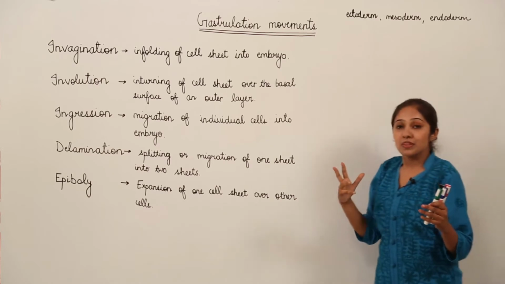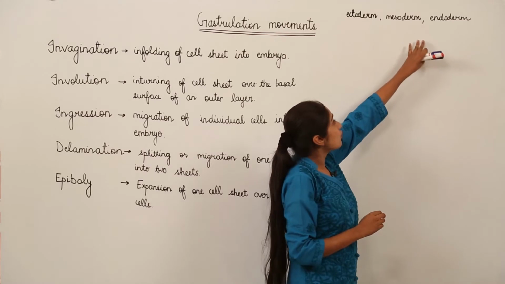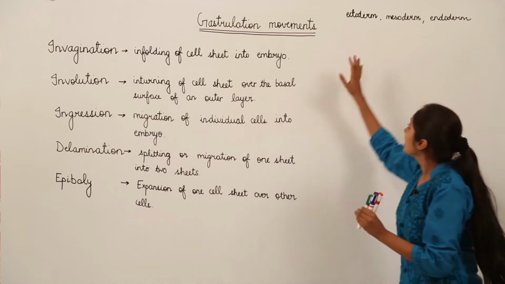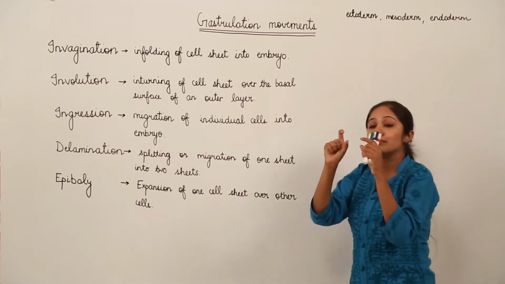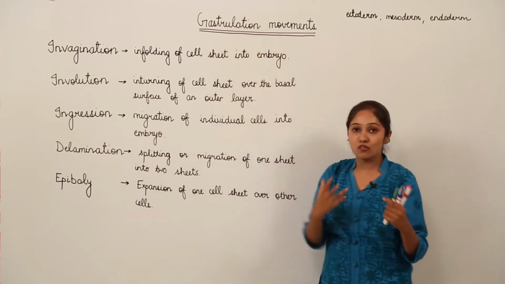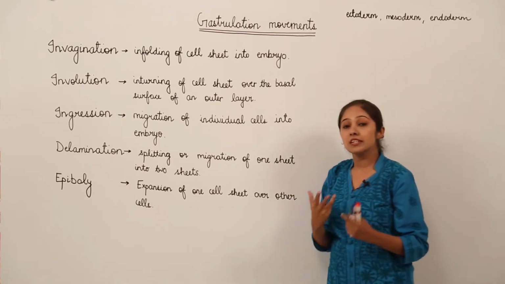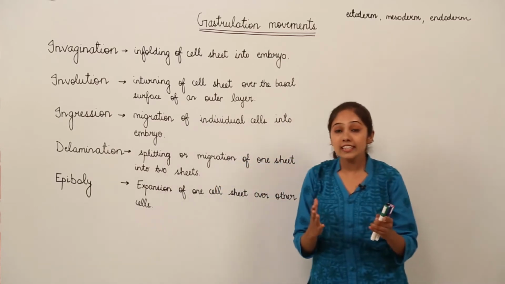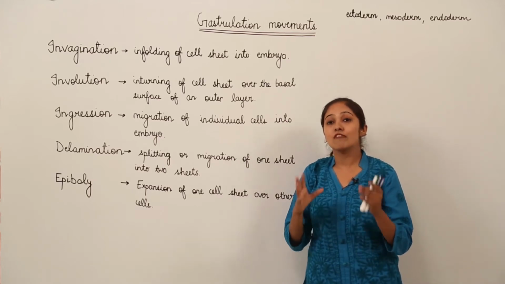So what happens? The endoderm and the mesoderm, which are going to form the inner lining, come towards the inside of the embryo, and the ectoderm, which is going to form the skin and the nervous tissue, is present on the outer side. So this gastrulation process is going to form three germ layers, that is ectoderm, mesoderm and endoderm. And how are these germ layers formed? They are formed by highly coordinated cell and tissue movements, which lay the foundation of a multi-layered structure of an organism.